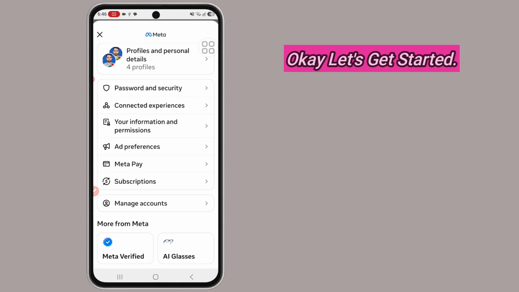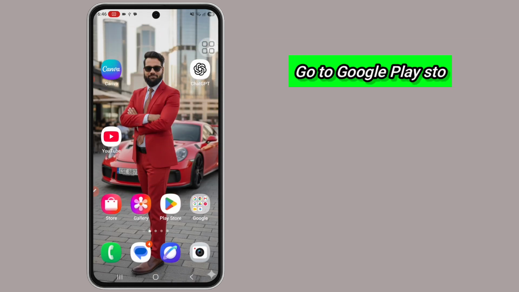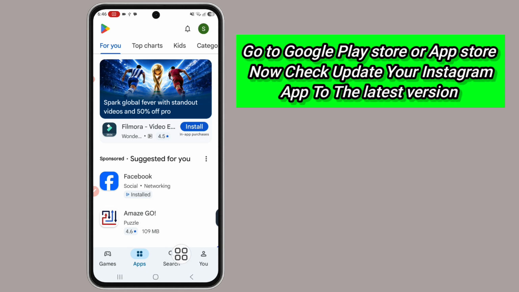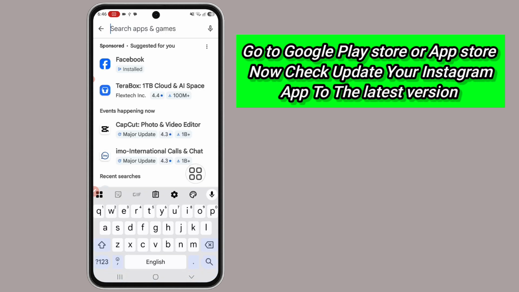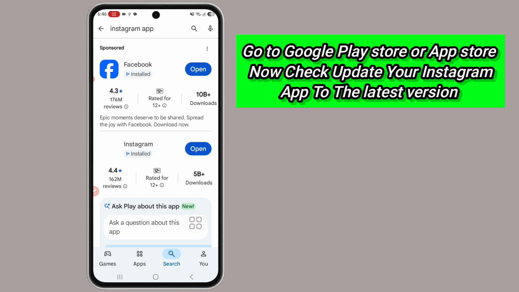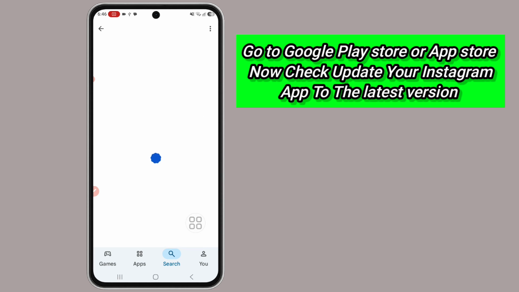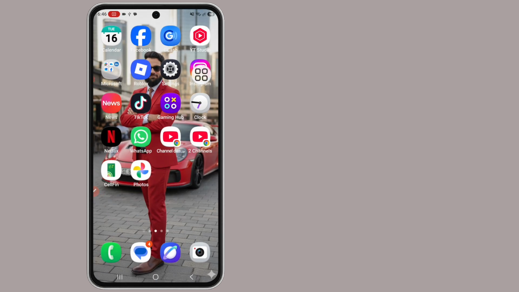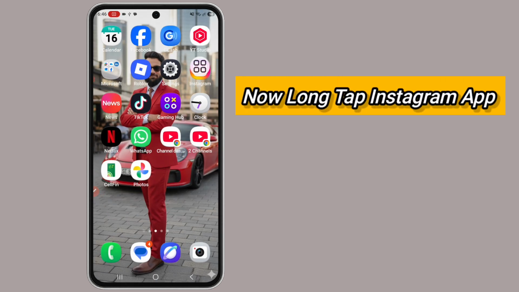Okay, let's get started. First, go to Google Play Store or App Store. Tap on search bar, search for Instagram and tap on Instagram, and now check update your Instagram app. My Instagram app already updated to the latest version. Okay, back to home screen, and now long tap your Instagram app,